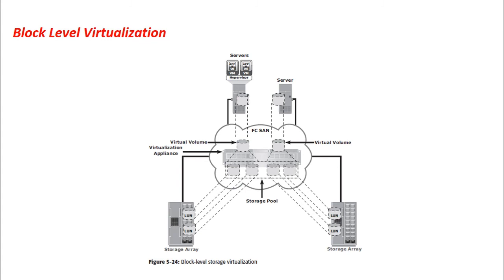Now this figure illustrates a virtualized environment. It shows two physical servers, each of which has one virtual volume assigned to it. These virtual volumes are used by the servers. These virtual volumes are mapped to the logical unit numbers in the storage arrays, as represented in the diagram. When an input-output is sent to the virtual volume, it is redirected through the virtualization layer at the storage network to the mapped LUNs. So we have the LUNs in these storage arrays. Whenever an IO is sent to the virtual volume, it is redirected by the virtualization layer at the storage network to the mapped LUNs at the storage arrays.